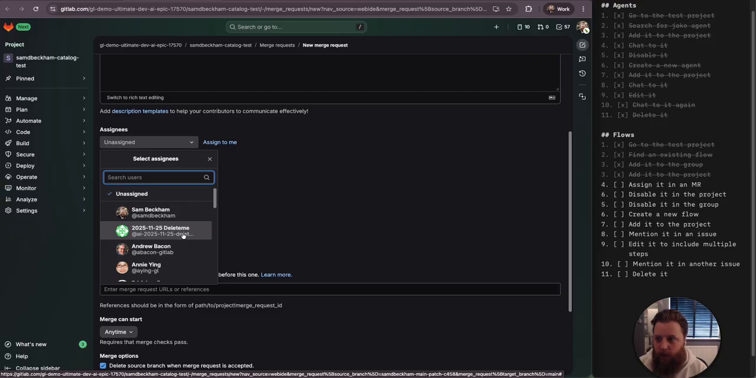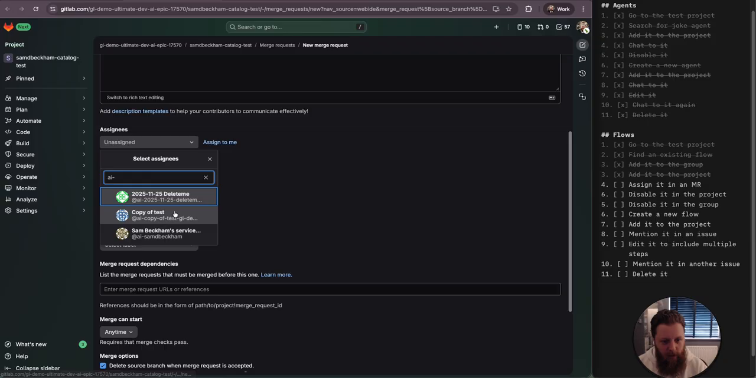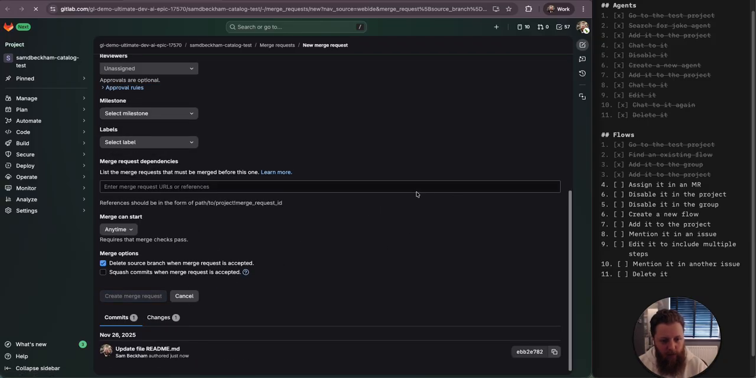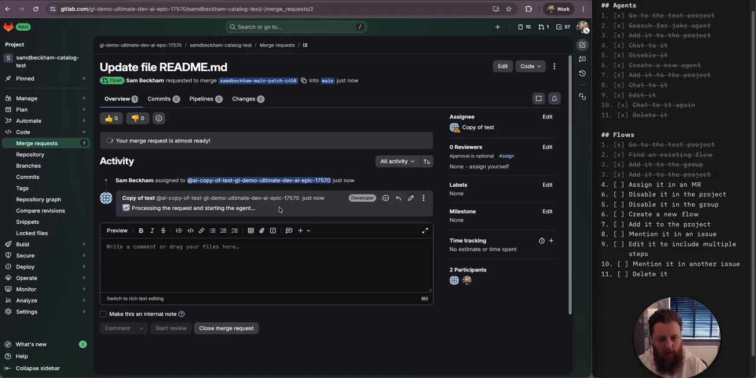No, that's yesterday's. It should be called AI hyphen copy of test. There it is. Let's assign it. Let's create a merge request. Processing the request and starting the agent. I will open this in the background